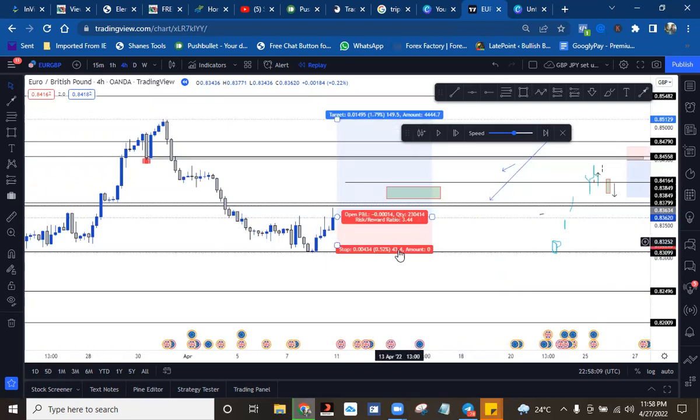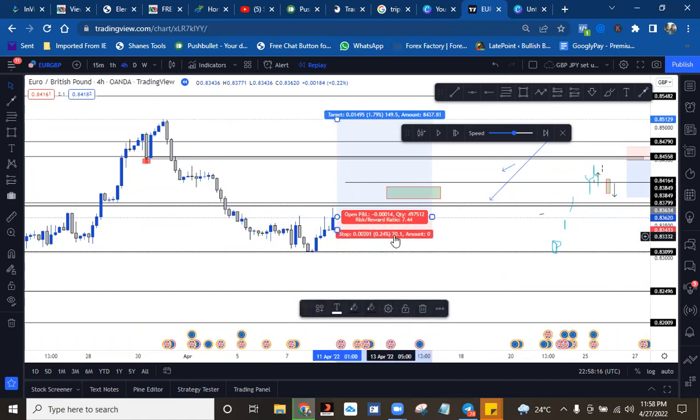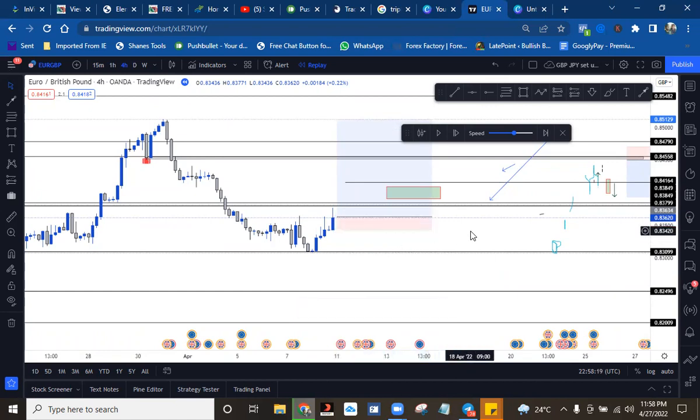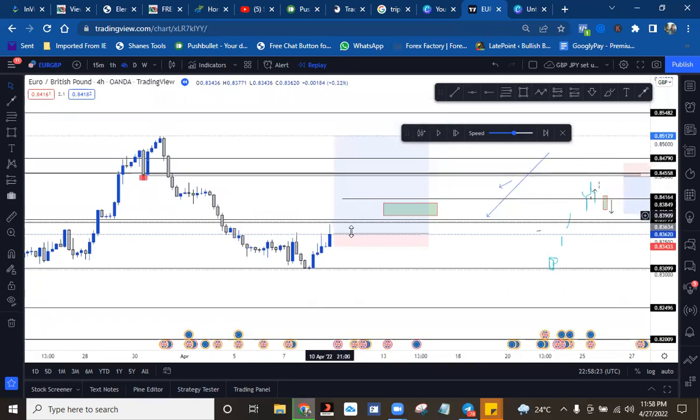So here I have 43 pips. I just want 20 pips. So if I drag it up, down, 20 pips. Okay. So this simply means that if I want to buy this trade when price gets to my zone and I've seen all my confluence,